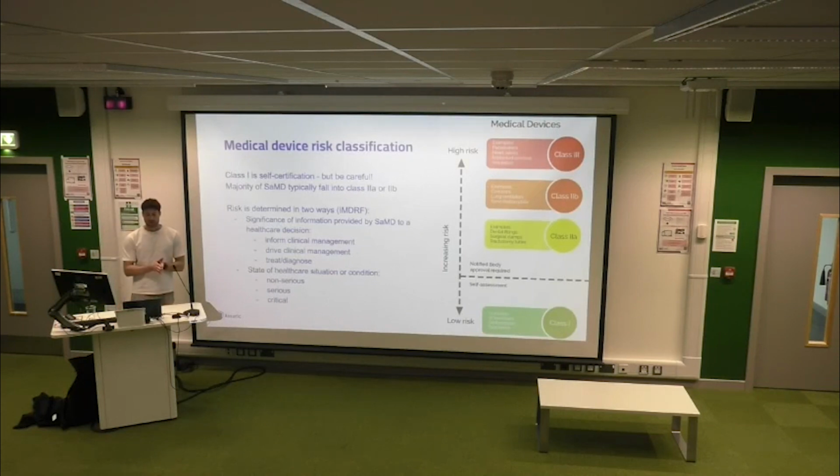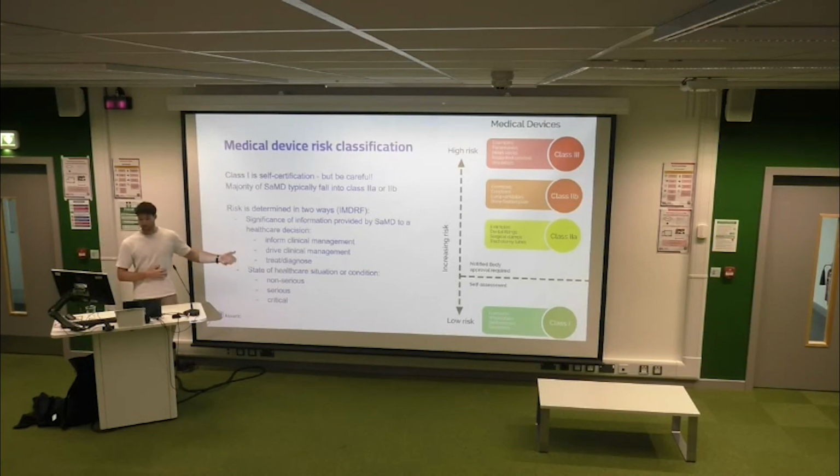And then the next question is, if you've determined your medical device or potential medical device does meet the criteria, you need to establish what risk classification it is. This extends from class 1 being the lowest risk up to class 3. Generally, risk classification is thought of in terms of the influence a product's output has over a medical decision. On the lowest end, this can be informing clinical management. So it might suggest something to a clinician, but ultimately the clinician has other data points to make a decision, or a large influence, which is given the term driving clinical management, or even higher than that is